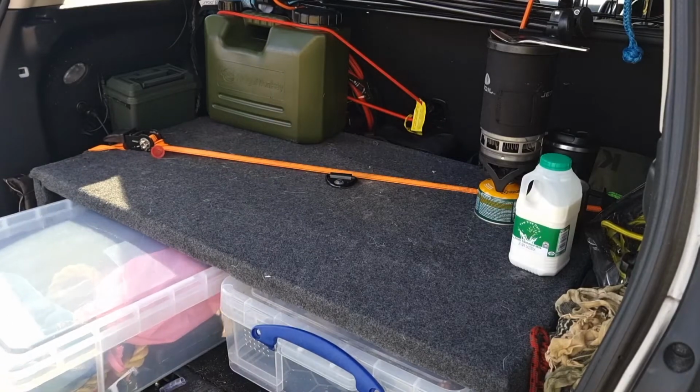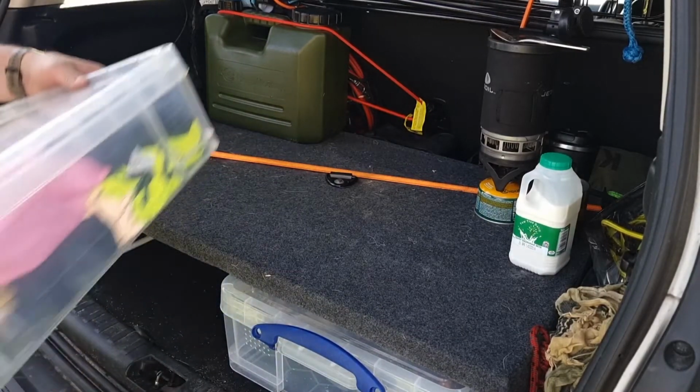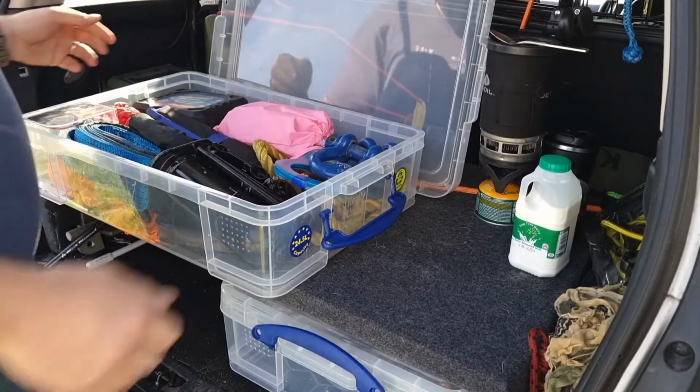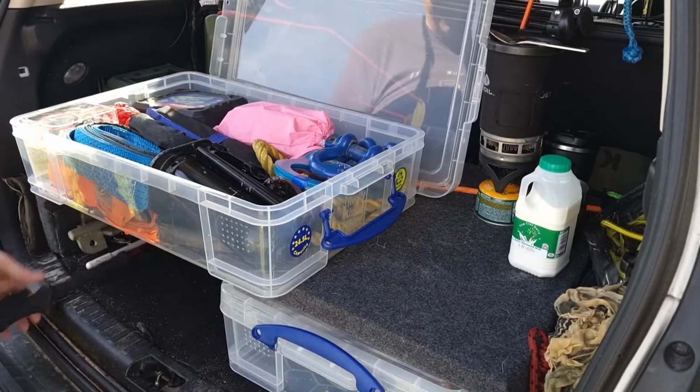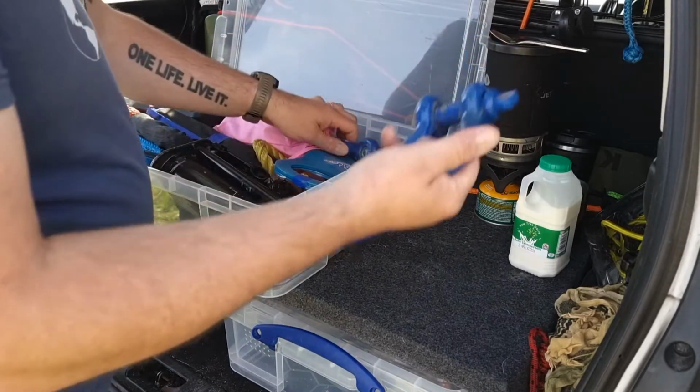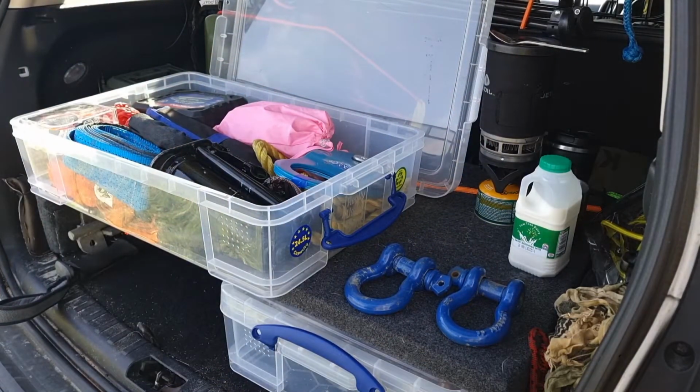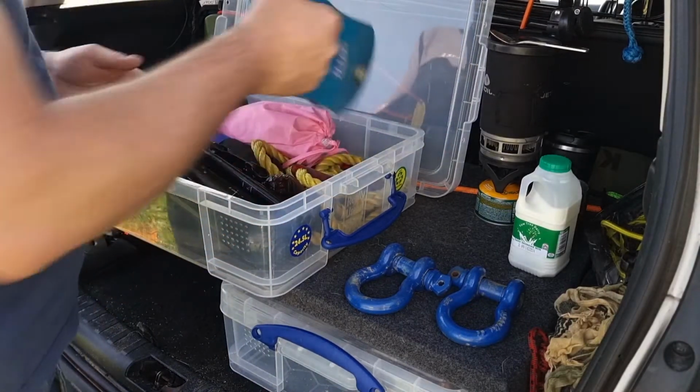Just making sure I hit record. This is the big heavy one. Lots going on in this box really. Probably a little bit overloaded if I'm honest. Two bow shackles, a snatch block,